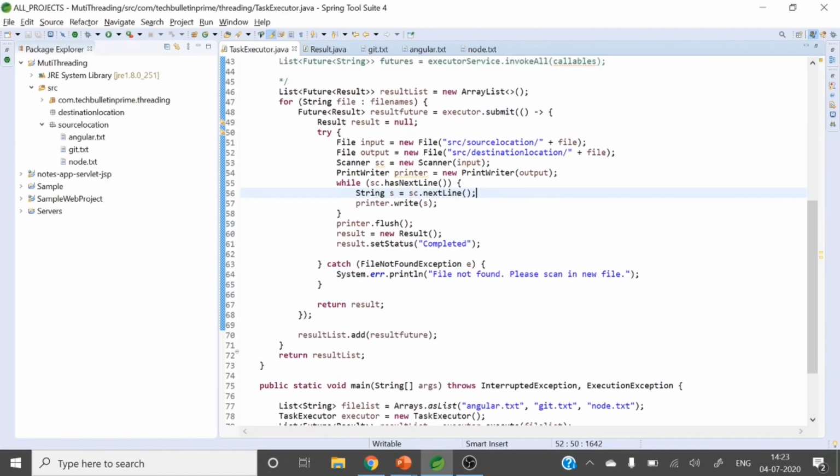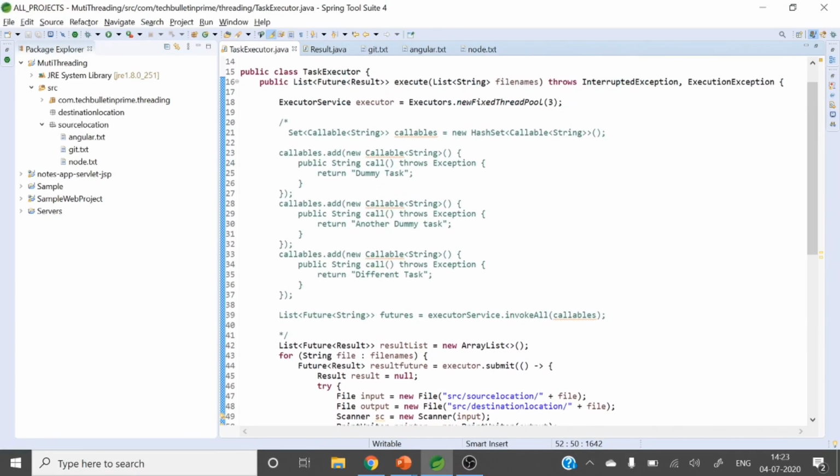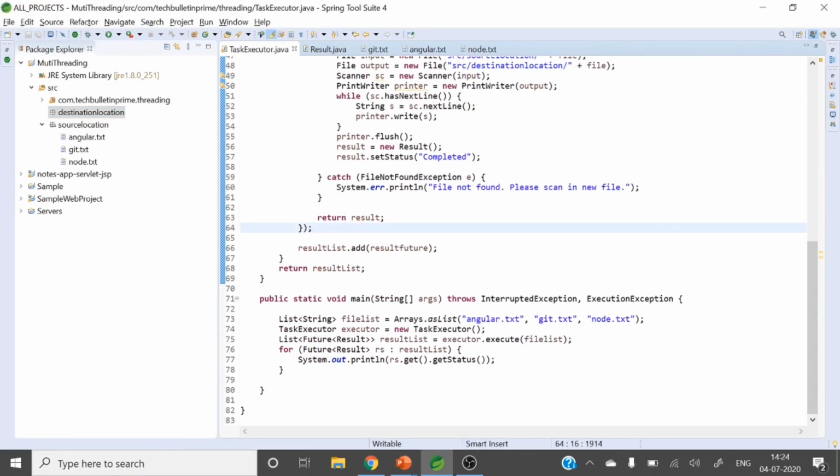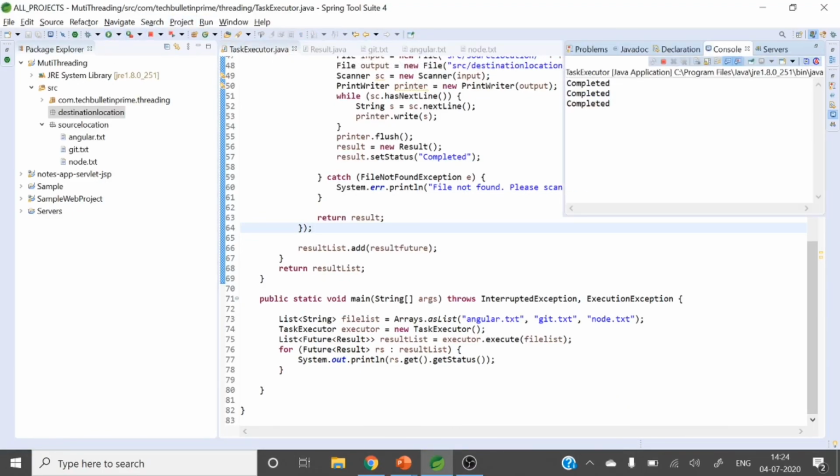So let me run this project. You can see in this source location, 3 files are there: angular.txt, git.txt, node.txt. The destination folder is empty, there is no file, right? So let me run this program, right?